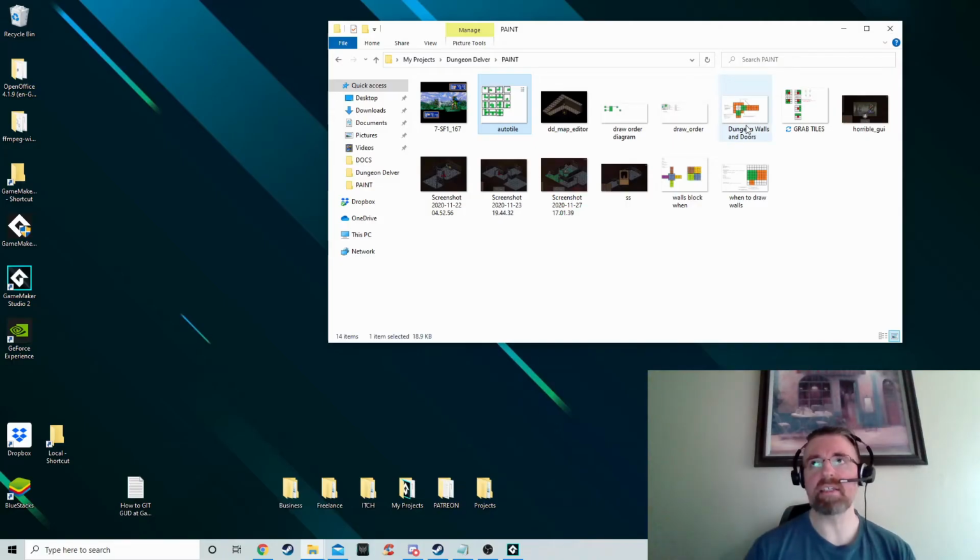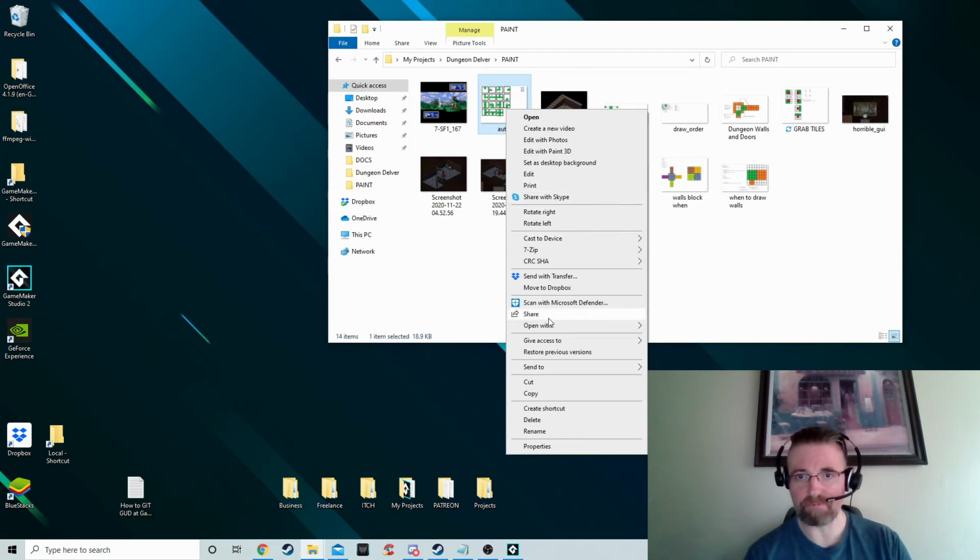Okay, so the next thing I want to talk about is developing ways you can use to help you figure things out. So I'm in my pet project folder. I have one for every project that I work on. And here is my Paint folder. So I like to use Paint a lot for visual information. It helps me work things out. So if I open this file here,